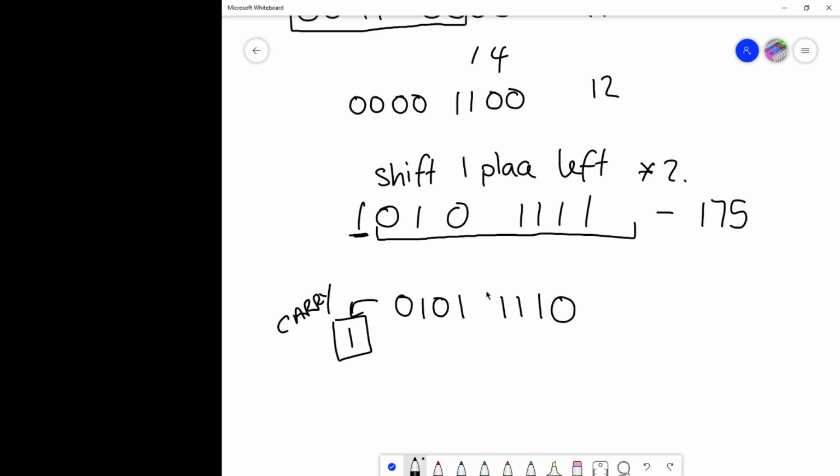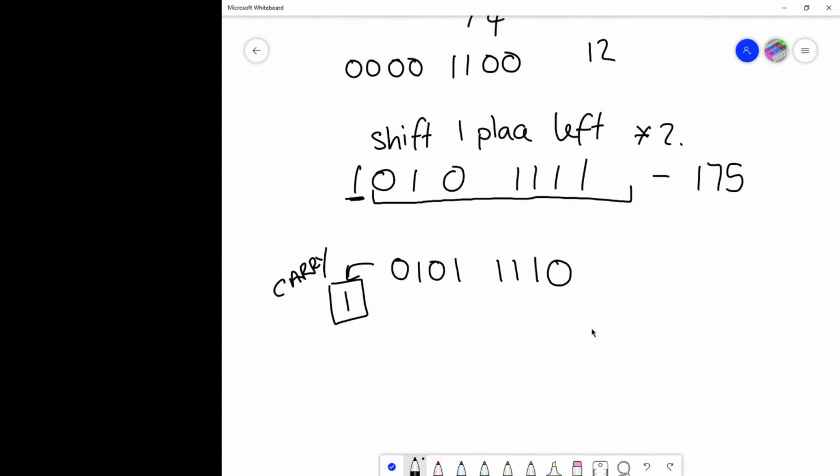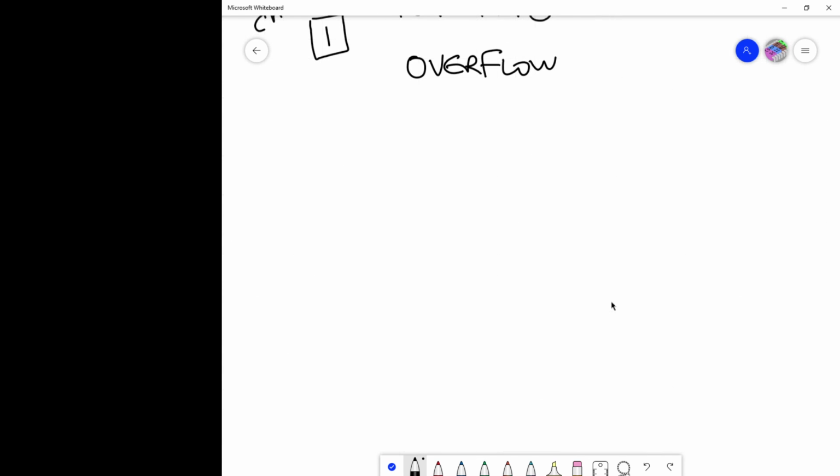Right, so the number we've got is actually too big. If I ask you to write down 350 as an 8-bit number, you would tell me you can't. That would be your answer. You wouldn't try and give me 350. You say, I can't. Not in 8 bits. So we've actually got overflow. And we get overflow when we add as well, when we add 2 binary numbers together. Overflow. The result is too big. But it's not the same thing when we're shifting. We just say, we've lost a bit. So we get a nonsensical number. Right. What I would like you to do